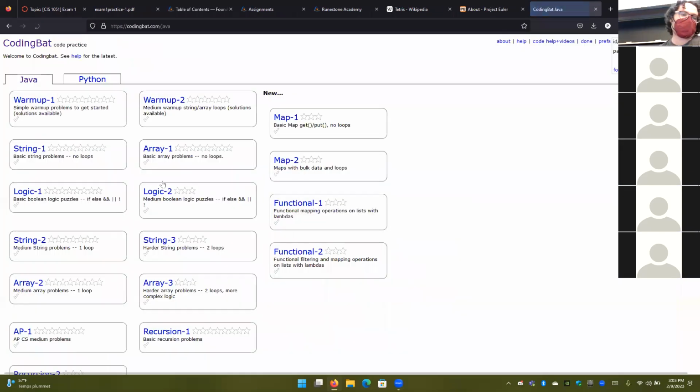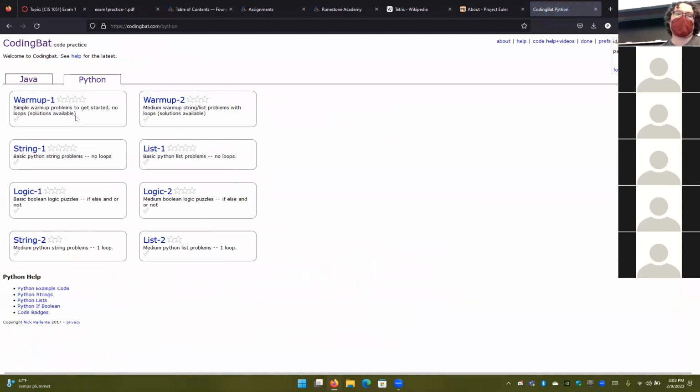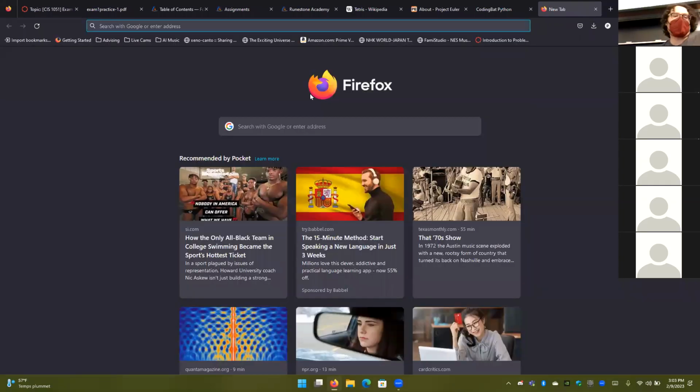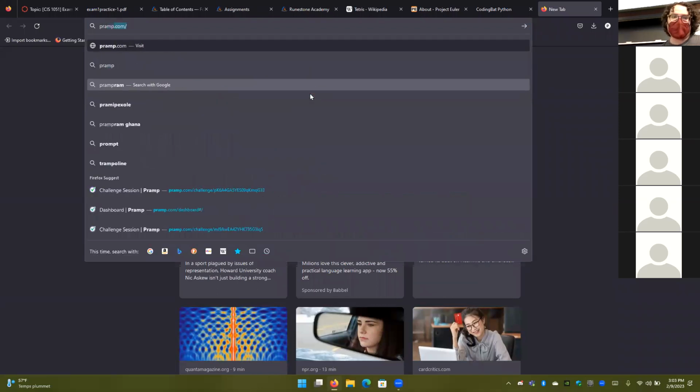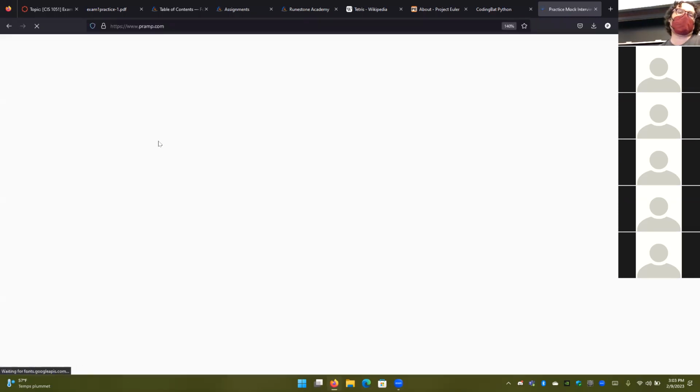And this primarily focuses on Java, but they have a section for Python, which has a number of good things here to test. These are good kind of questions to practice on. For those of you who are taking this class because you wanted to learn Python, but already know plenty of other stuff and want to get really kind of get practice, I like PRAMP a lot. PRAMP is short for Practice Makes Perfect.